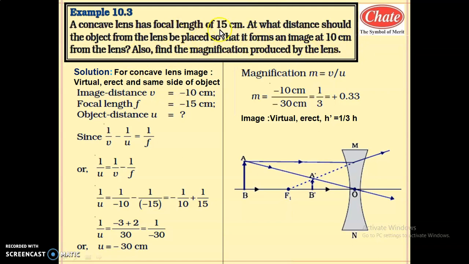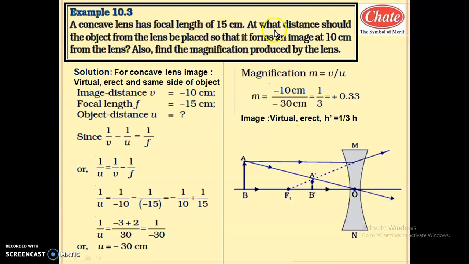Sometimes the question will be asked, draw the possible ray diagram for this. So this will be a ray diagram. Object, as we have studied in the last heading, is in any position between infinity and O. This is a concave lens. Then the image will form in between F1 and O. It is a virtual and erect image.